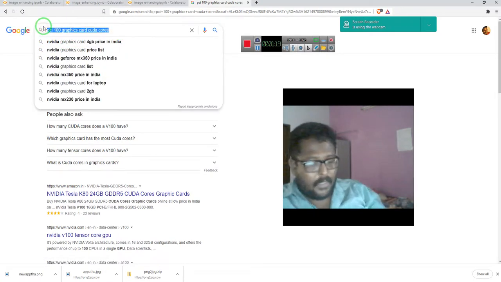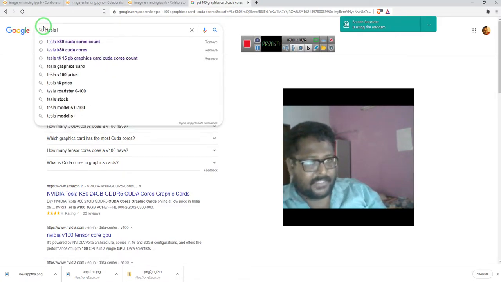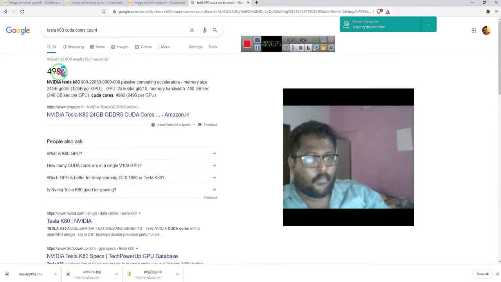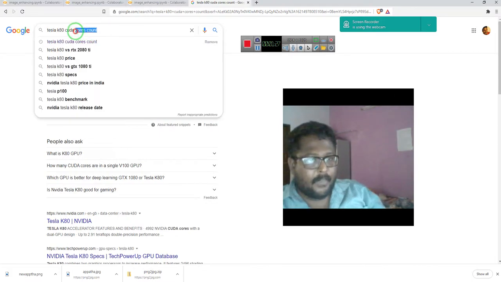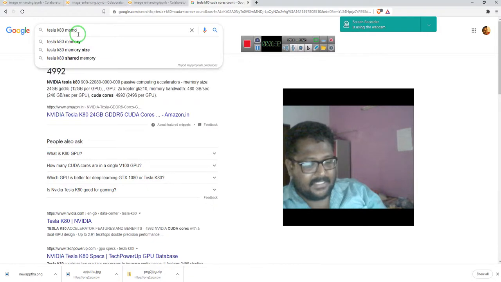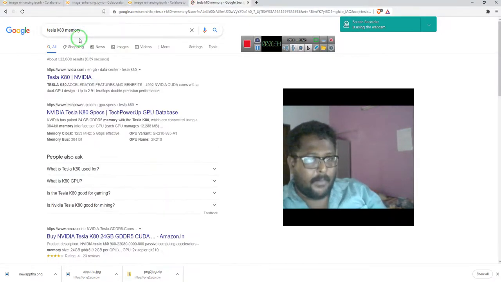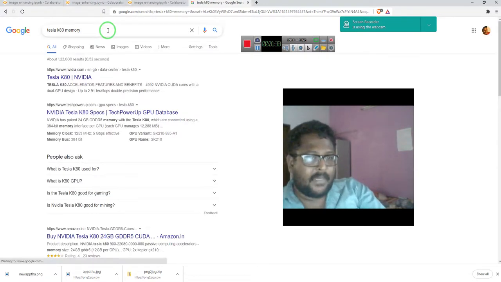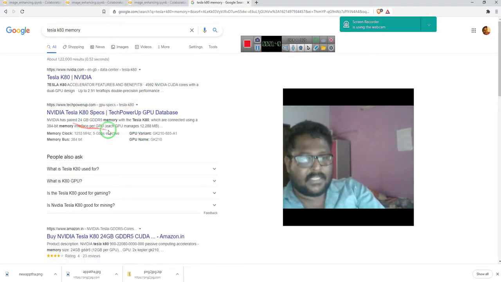So you should know that the Tesla K80 is said to be the most powerful graphics card on Colab. We have to check it. The Tesla K80 has about 4,992 CUDA cores, but the memory claim is misleading in Google. The myth is that this is not the type of memory card available on Colab. The memory is limited: they show about 624 GB, but here you can see it is just 11.4 GB.